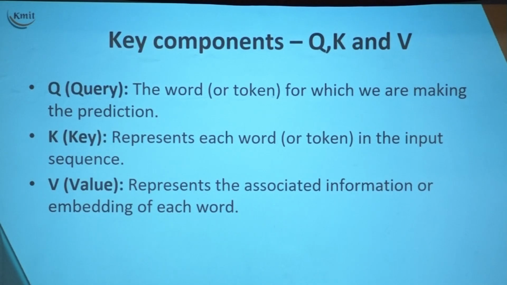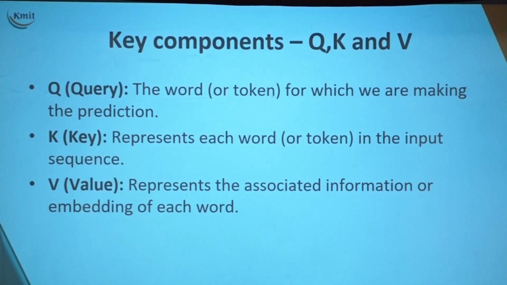Now, these are the key components of an attention mechanism. How it is involved, in what attention mechanism actually, you will go for Q, K, V, everything I will teach you. But as of now, I am giving you again a summary of the attention mechanism. So try to understand it as a process. As a process, what happens in the attention mechanism, try to figure it out. Then we will go for a reverse gear and check what are the different types of attention mechanism, how do they differ. If you understand this attention process, you will understand different types also very easily. Okay, so in this attention process,